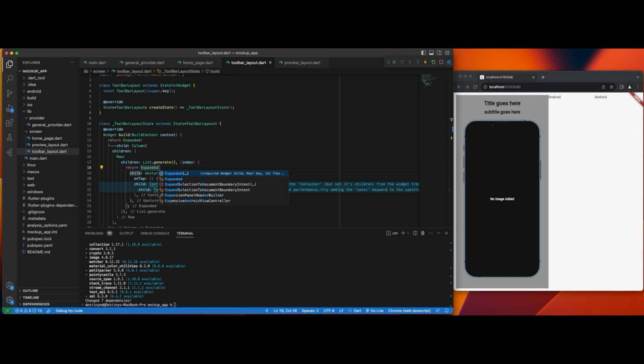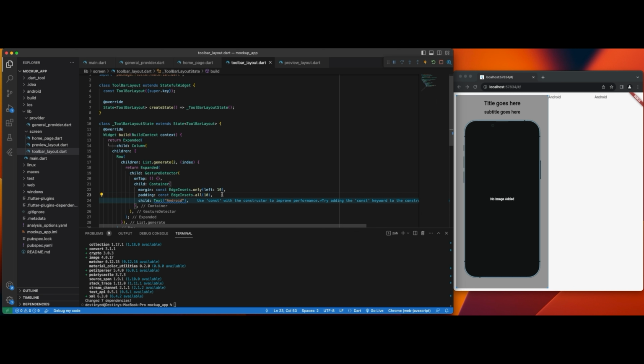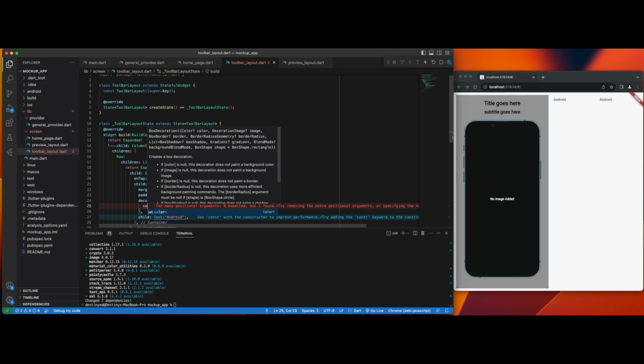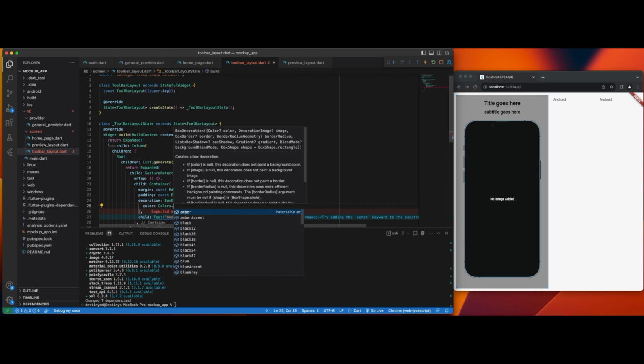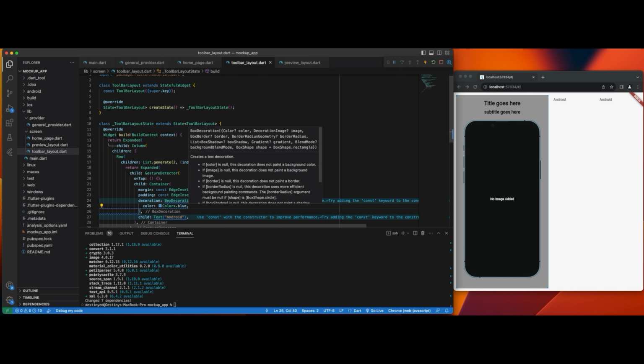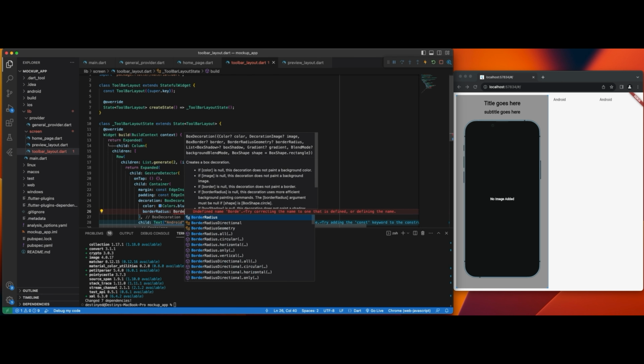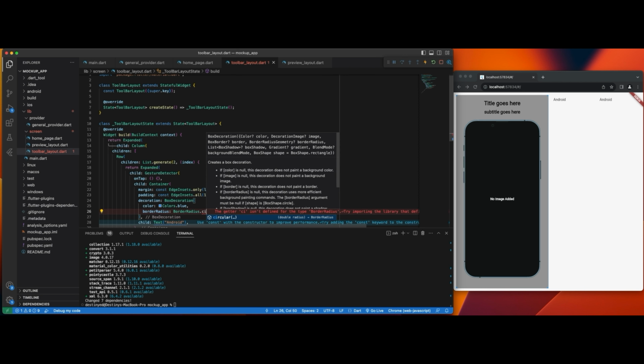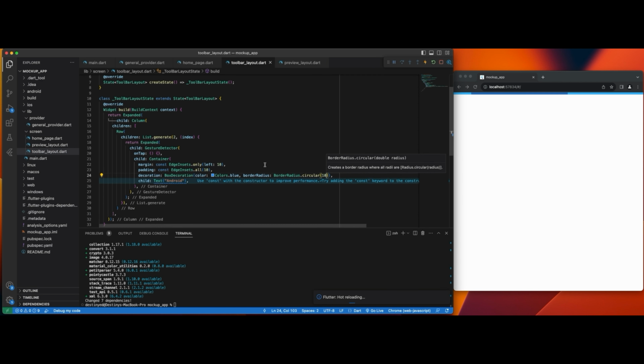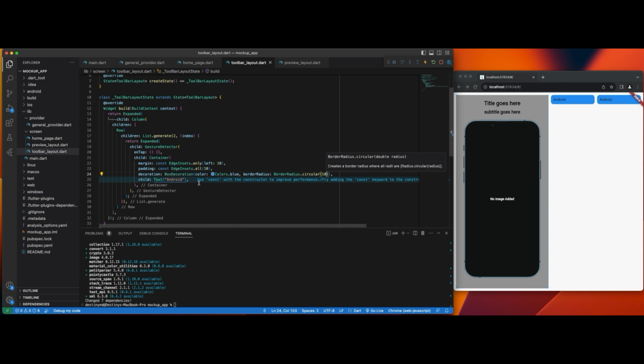So it's looking great, and the next thing I want to do now is to add a padding and also a margin left and also a decoration to it, right? So I'm going to add a margin here, and I'm also going to add a decoration because I want to add some colors. So I have a color which is Colors.blue, and I'm going to add a border radius. Border radius is circular, which is 10. Right? So yeah, this is looking great. Give it a text align to